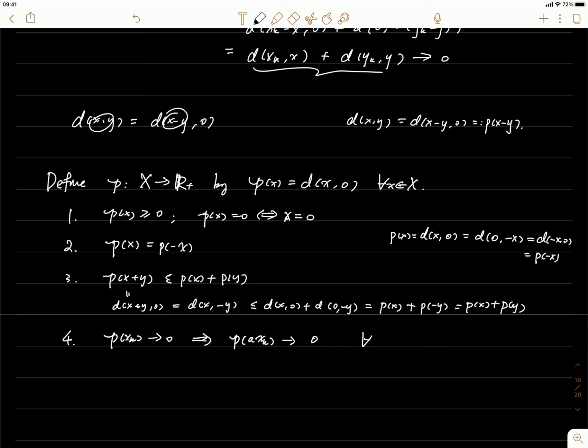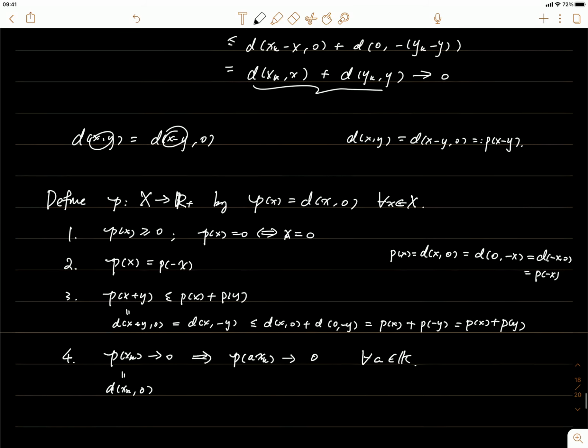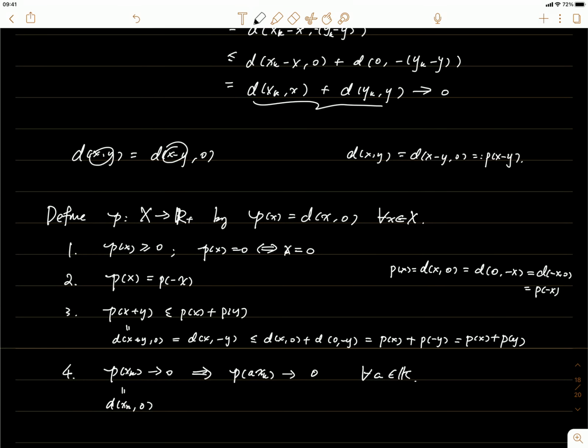For any a, any scalar. Okay, and again, this is pretty straightforward to show. It's just a property because this is just d of xk, 0, and we see a property of the matrix, or when we combine the linear space and the metric space, with that